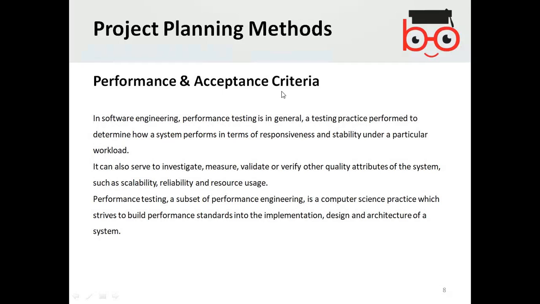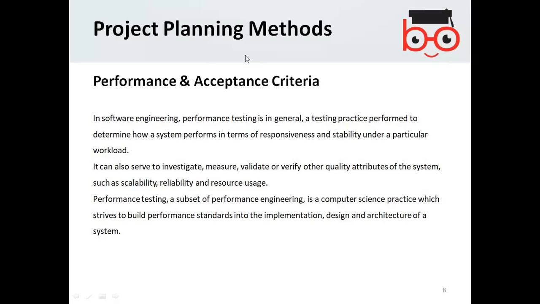The performance and acceptance criteria regarding project management, project plan and software engineering. Performance testing is a general testing practice performed to determine how a system performs in terms of responsiveness and stability under a particular workload. It can also serve to investigate, measure, validate, or verify other quality attributes.